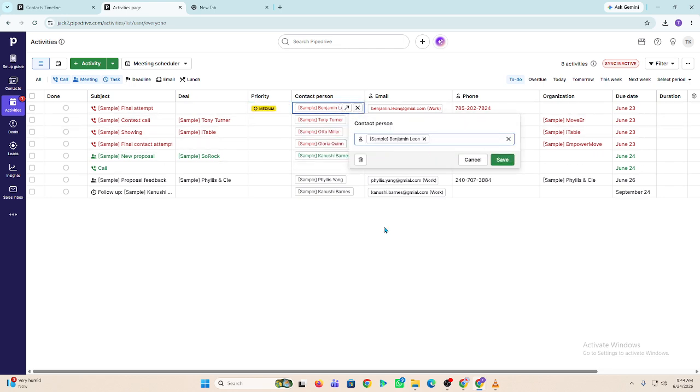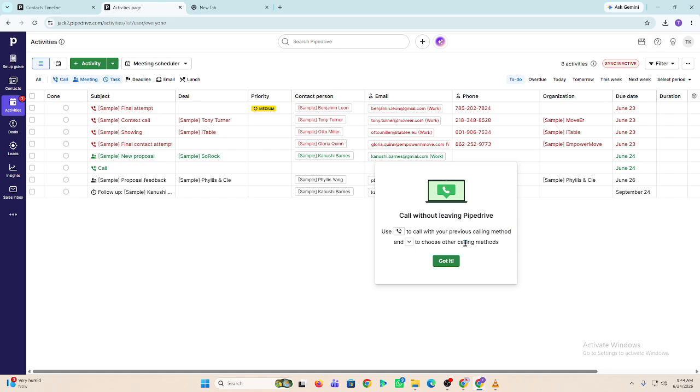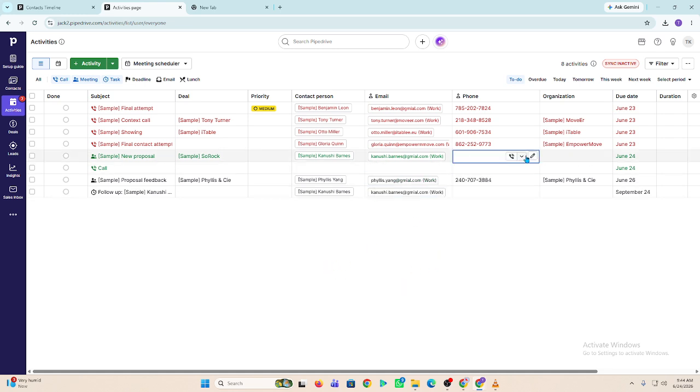If you're working with a team, make sure everyone stays aligned. Assign deals properly and keep communication clear inside Pipedrive, and that's how to master Pipedrive. So once you understand how everything works together, you'll be able to manage your sales process efficiently and grow your